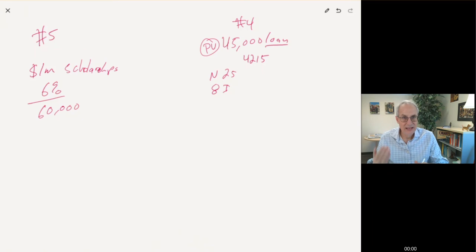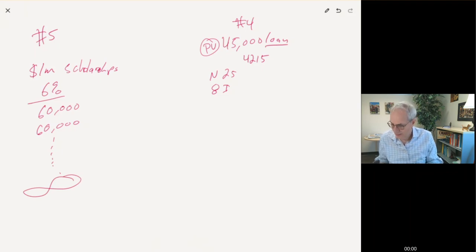So in the first year, they had $1 million. They made 60. They paid that out in scholarships. How much do they have left? They still have $1 million. And if they're still making 6%, how much did they get? 60,000 again. So how long could they do this? They could do this forever, in perpetuity. So perpetuity basically means like always. It's always going to happen.